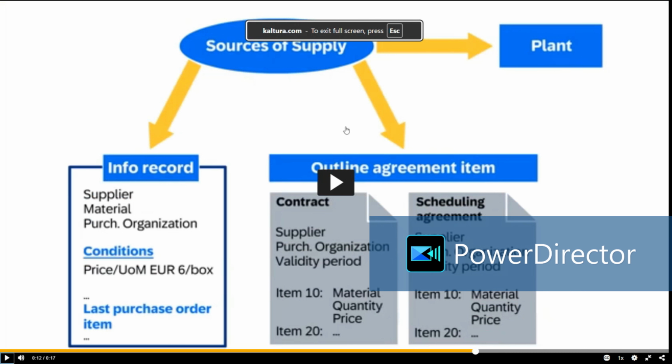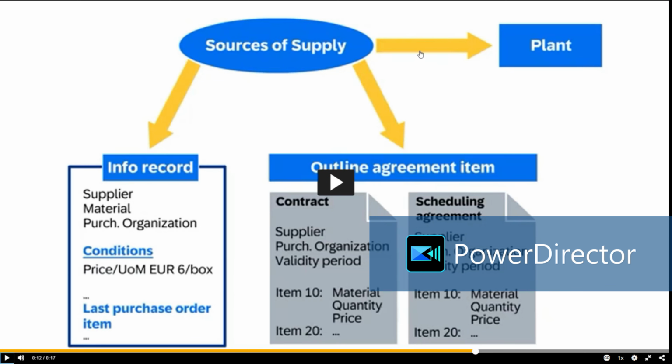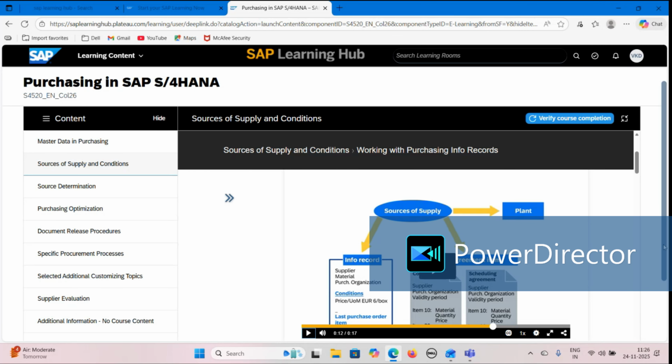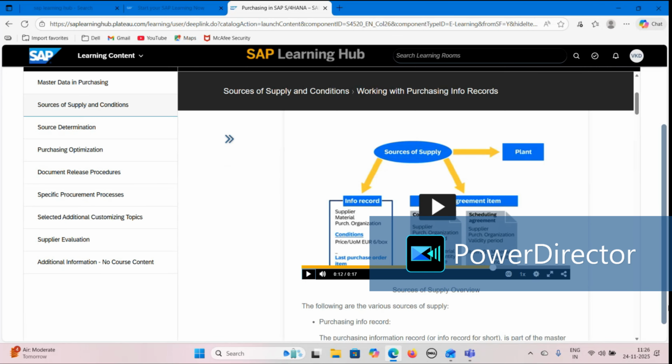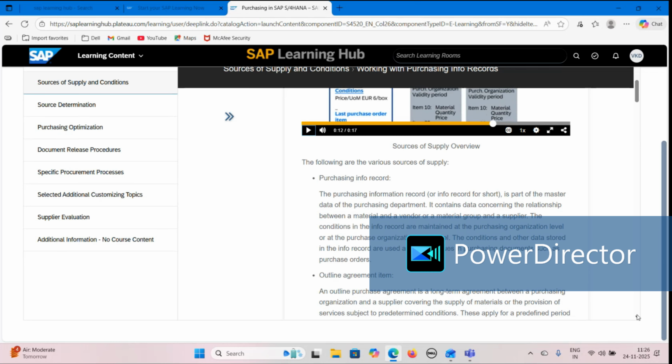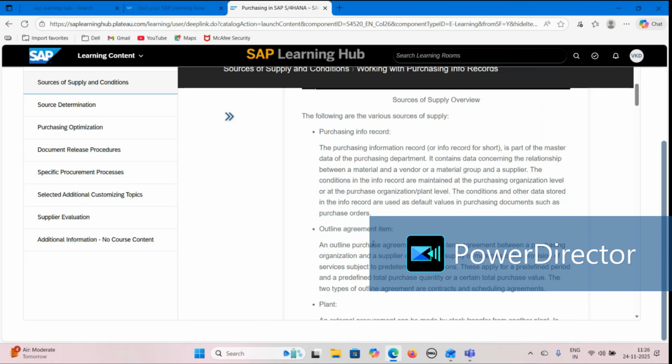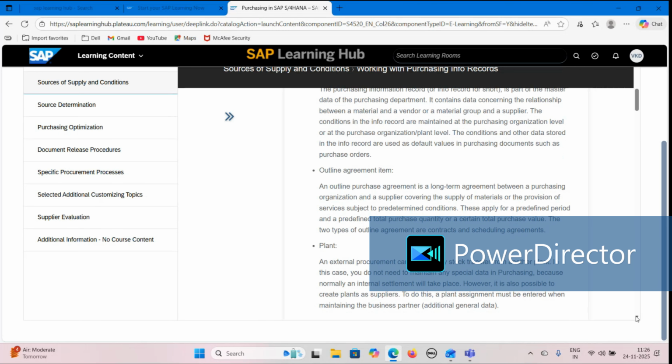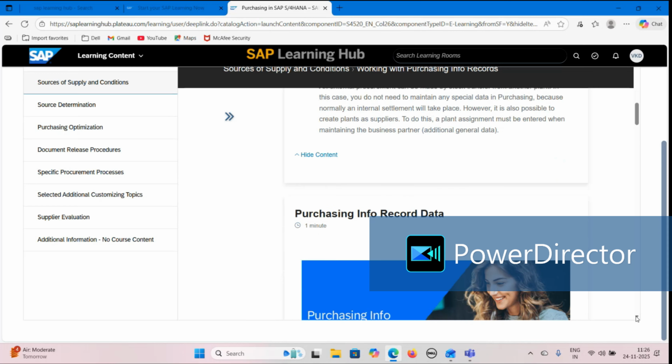Yeah, these are source of supplies. Out of which info record is one of the source of supply, like outline agreement and plant. So now we are going to learn about the info record. Some of the source of supplies are info record, outline agreement, and plant. So these can be used as a source of supply. So in that